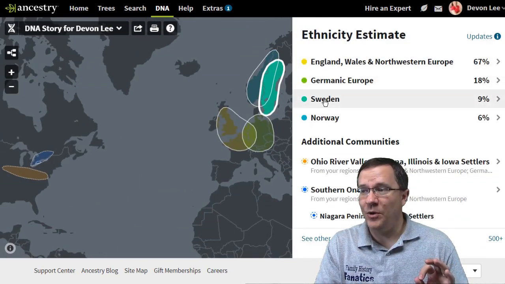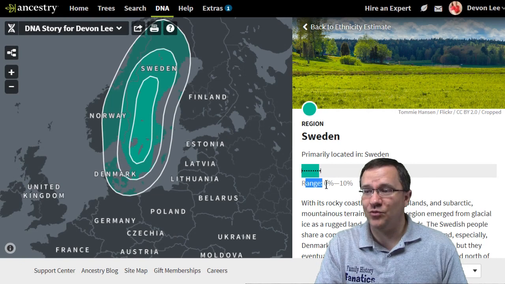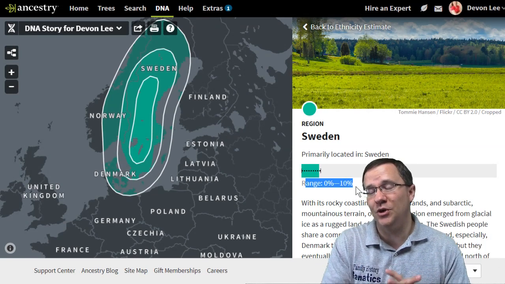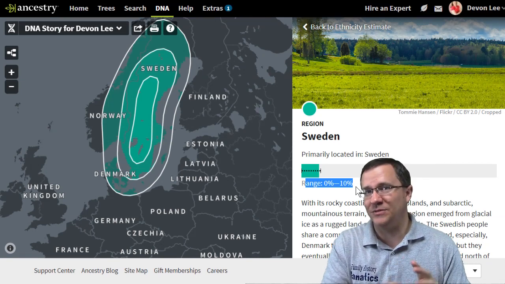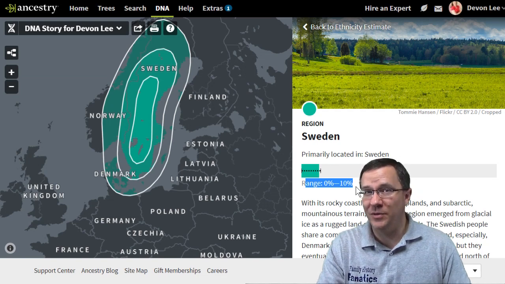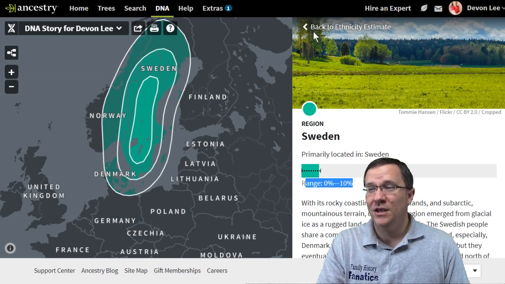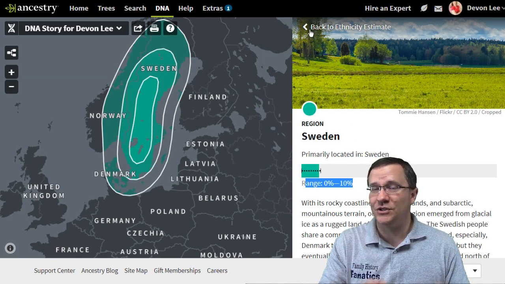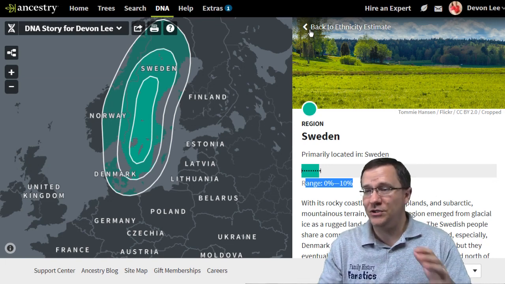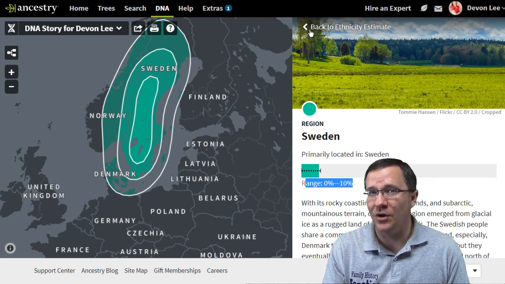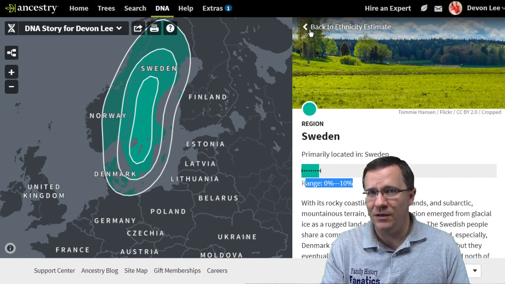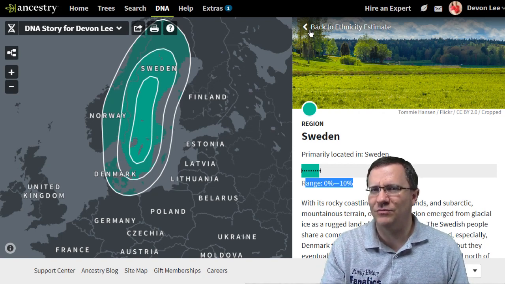Now, some of these, when we take a look at them, you'll see that this range is actually 0% to 10%. So even though it showed about 9% for Ancestry's estimate for Sweden, that range is really from 0% to 10%. So it could be that there's really no ancestors. So if you've done extensive research on your ancestry already, and you're coming up with some of these results, be sure to go and check what the ranges are, because while you think, yeah, I don't have any ancestors from Sweden, why is Ancestry saying that I have ancestors from Sweden?